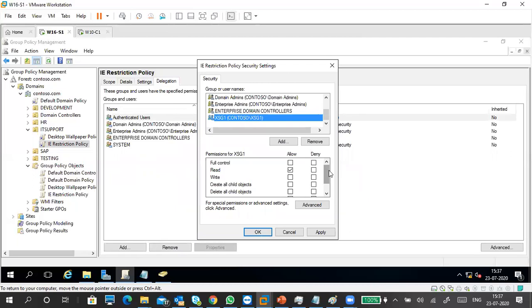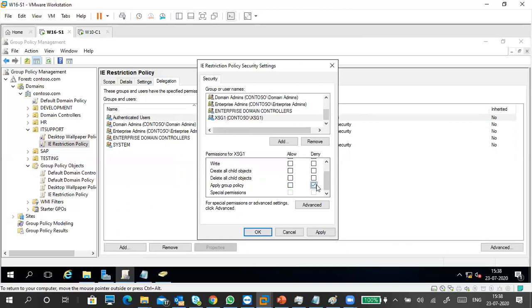Now I click on the group. Can you see Apply group policy? Apply group policy: Deny. So what I'm going to do is, all IT support users, groups, and computers are affected by the policy. In that, the SG1 group and group users are denied the policy.